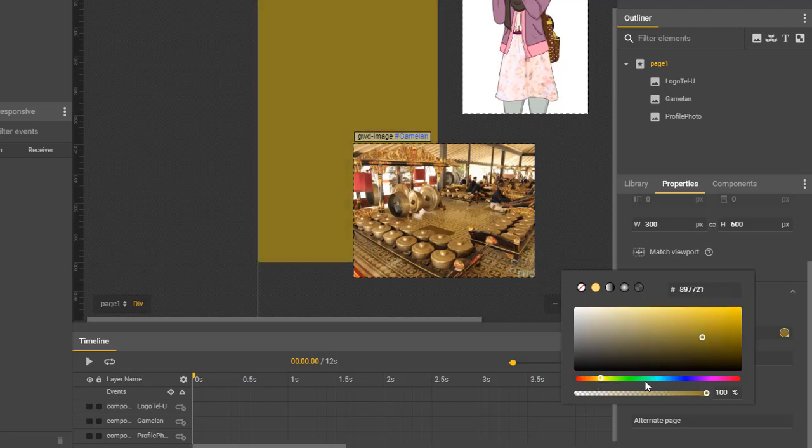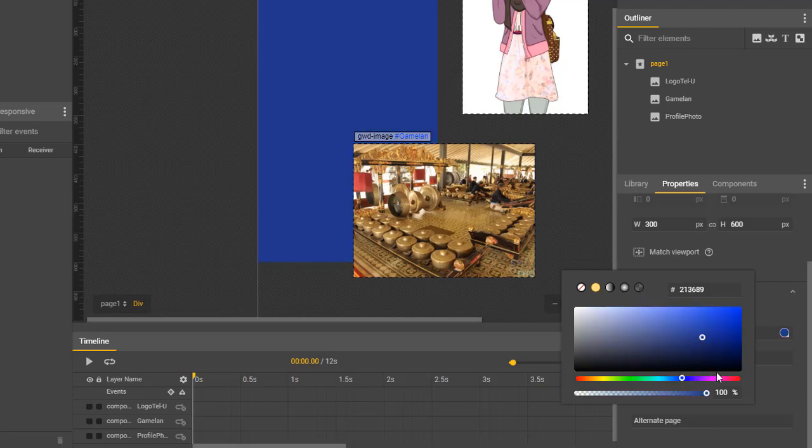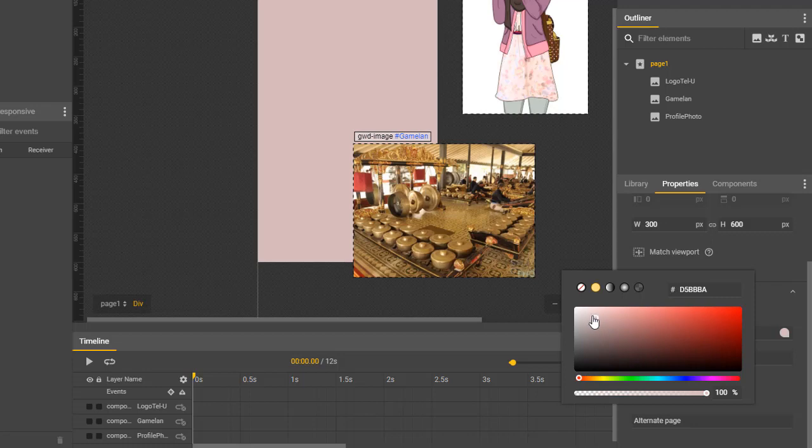If you have a picture that consists of bright colors, maybe you can set the background to a darker color, so you get contrast between your background and your picture. But if you have a picture with darker colors, it is maybe better to put just white or a brighter color on your canvas. So I just put this one.